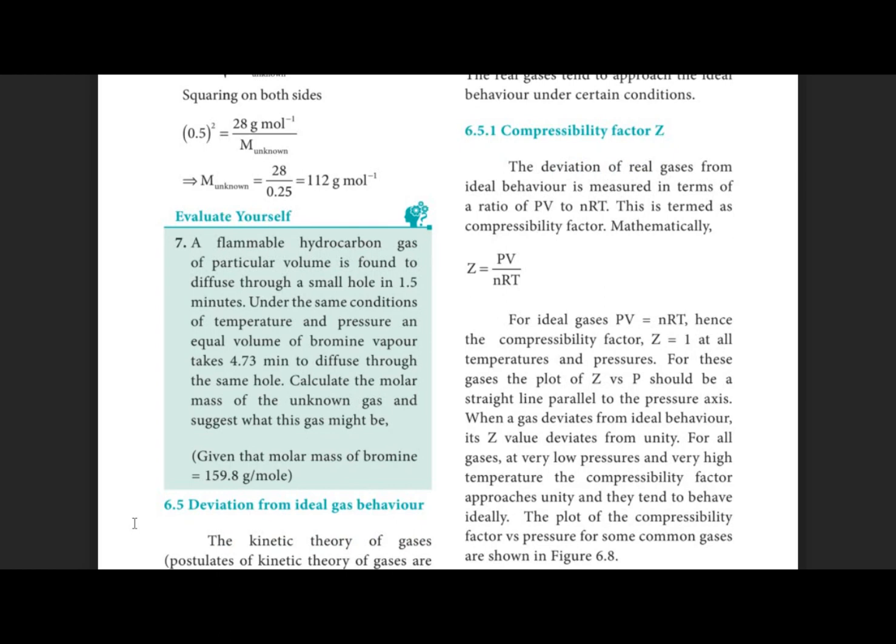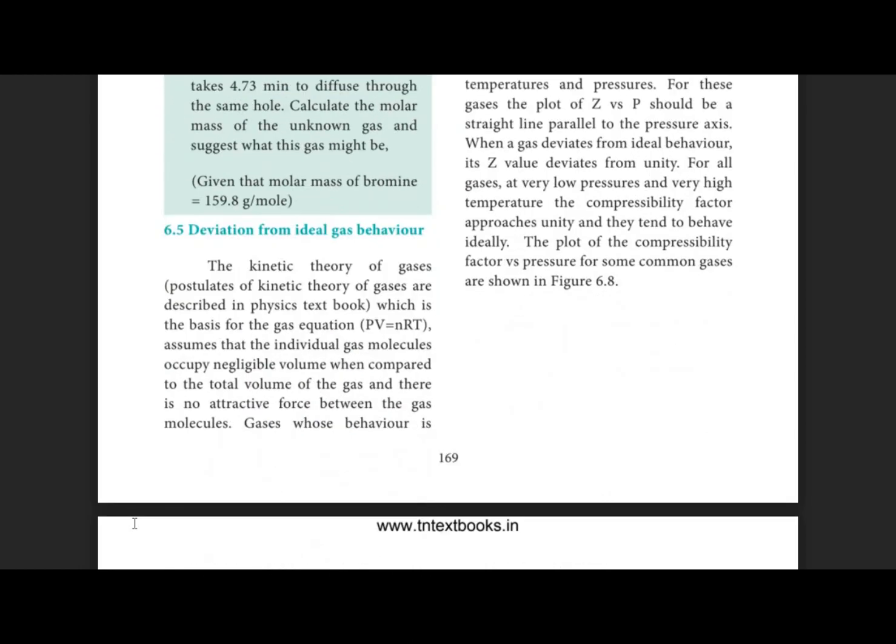Hence, the compressibility factor Z is equal to 1 at all temperature and pressure. For these gases, the plot of Z versus P should be a straight line parallel to the pressure axis. When a gas deviates from the ideal behavior, its Z value deviates from unity. For all gases at very low pressure and at very high temperatures, the compressibility factor approaches unity and they tend